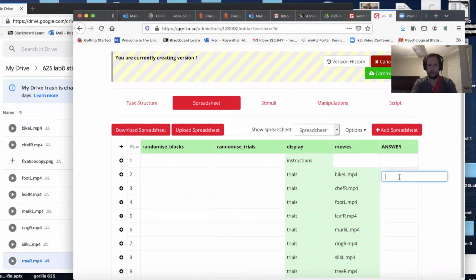a column called answer where you can type in the answer. So let's go ahead and just do that. Bike, chef, foot, leaf, mark, ring, silk,